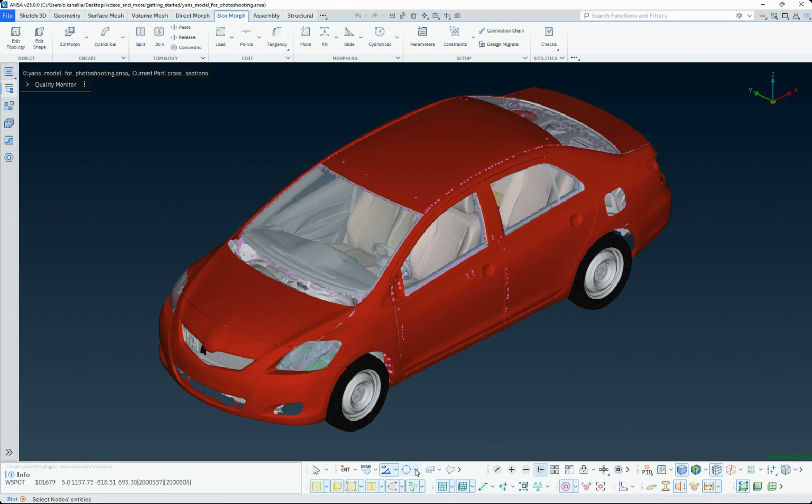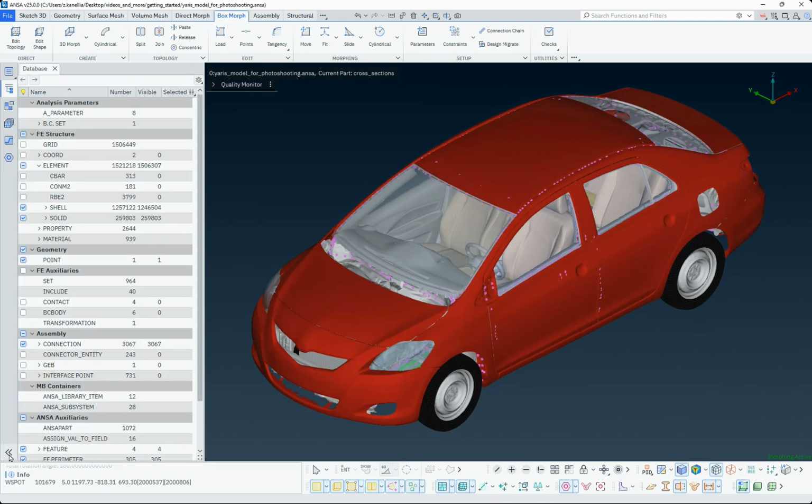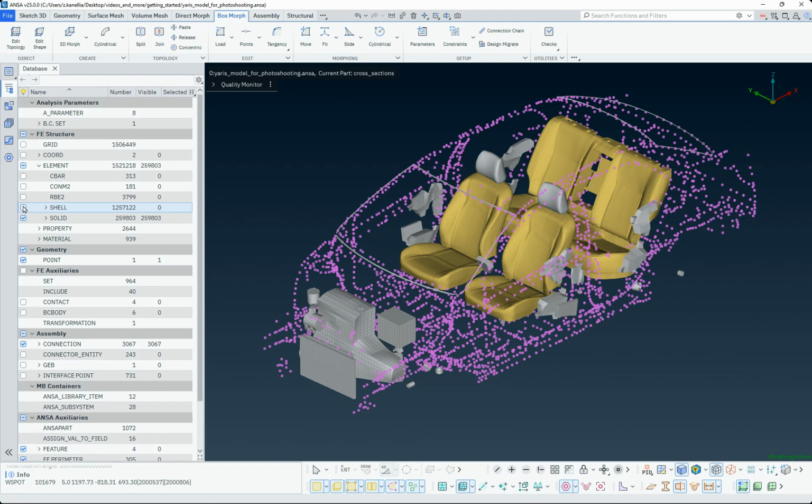The database browser serves as a utility enabling the direct preview of model contents, along with their visibility control, management, modification, and the creation of new model entities. In the left column, visibility control checkboxes exist to toggle the visibility of entities on and off.